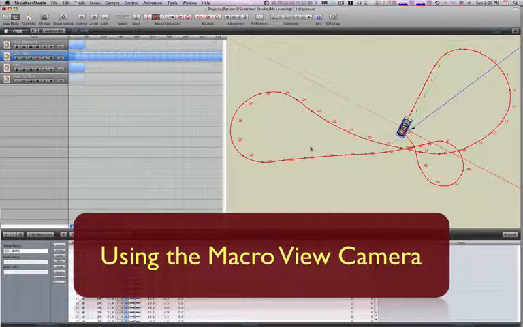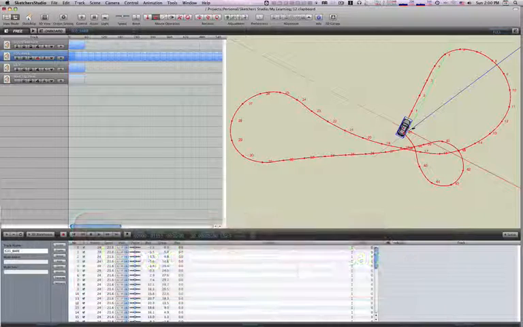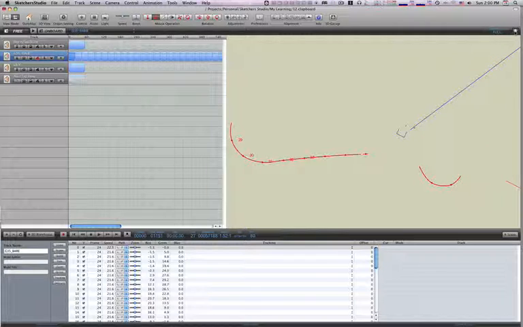Now another trick that I wanted to show you has to do with this little icon up here, which you'll also see appear down here in the track list, and it would appear in this column under Mode. Now what this does is it changes the level of detail that the camera is able to see. So when I click on it here, when I go to this flower, basically it's telling us that now we're